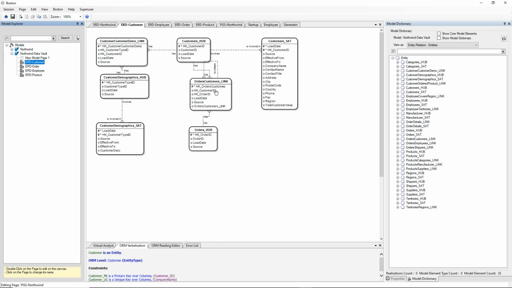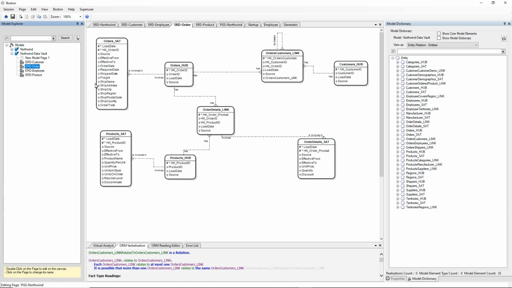So with our link tables, just got an extra reference there. We have the foreign key references to the two linked tables, and the load date and the source as well. So that's a view for customers, and where customers have a link to the customer demographic hub, and where customer demographic has a satellite. Similarly with an order, we have an orders hub, we have an orders satellite, we have a link to,